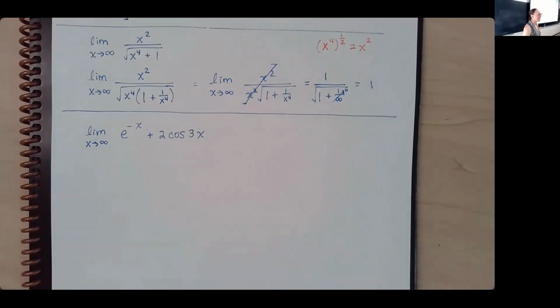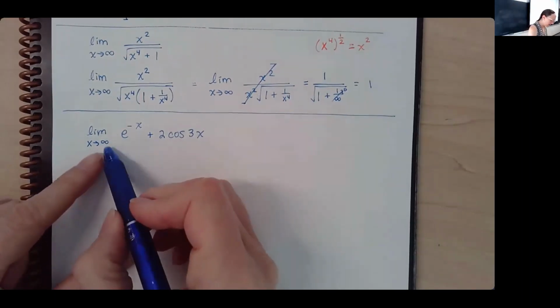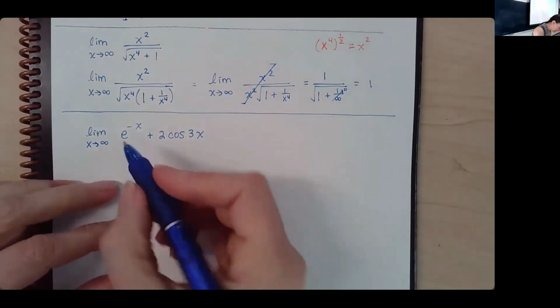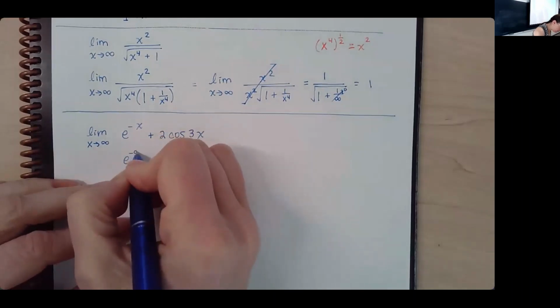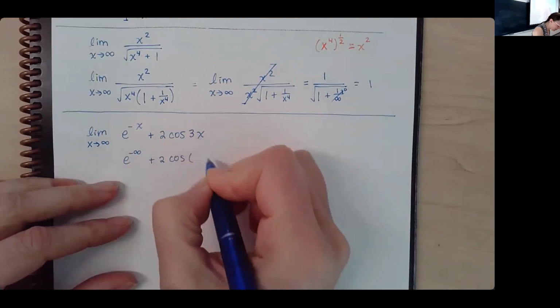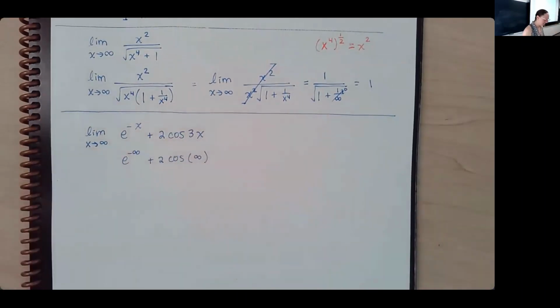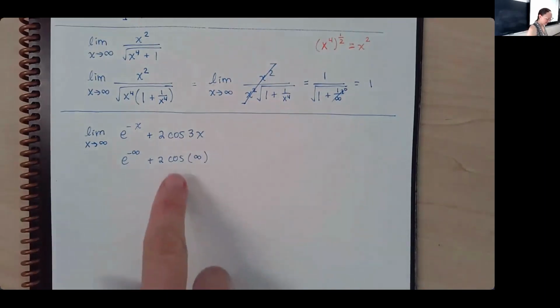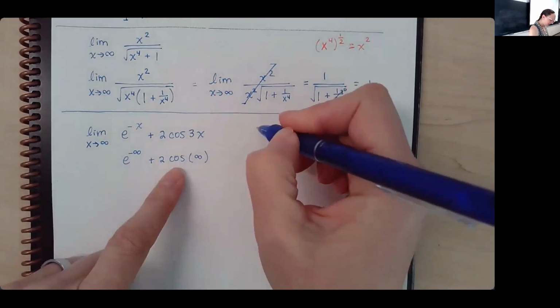When I am confronted with a limit problem, I am going to plug the number in and see what happens. Well, if I plug in infinity, this is e to the negative infinity plus 2 times cosine 3 times infinity is infinity. This limit does not exist. And the reason this limit does not exist is